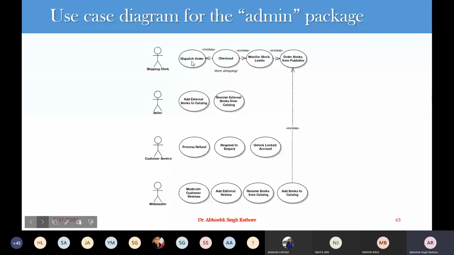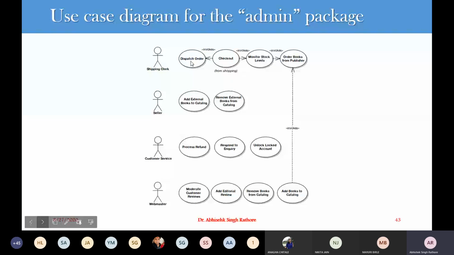That is, we are entering the details of our addresses, and then finally we go for completing our order. So before completing our order, we can call dispatch order.